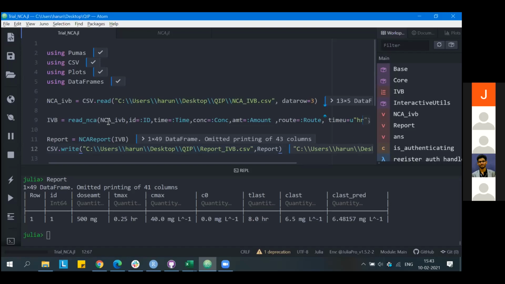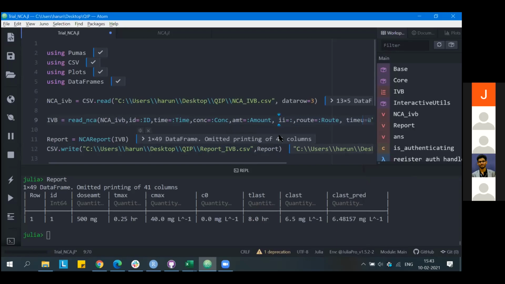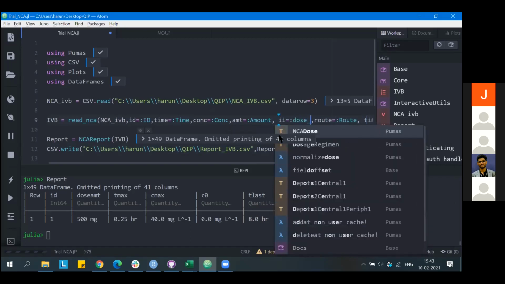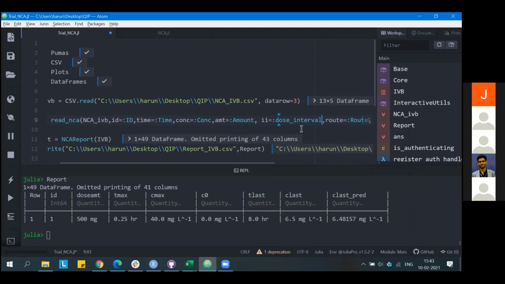Let's say, for example, if it is a multi-dose study, then you might have an additional entry in the parsing function where you'll mention interdose interval equal to some column where you'll mention the dose interval, which should be part of your raw data set as well.